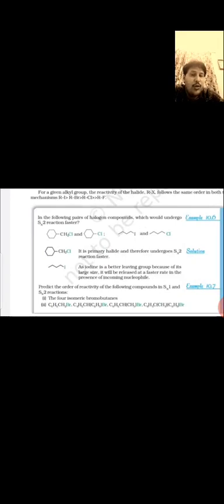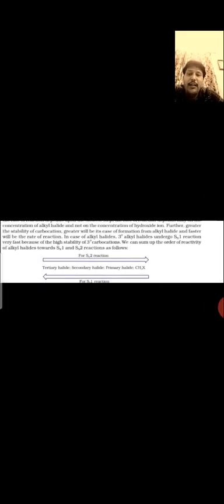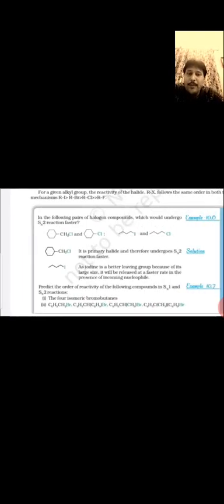Okay students, on the basis of degree, it is totally reversed. That means if we are going to change the degree, the halogen is fixed, but different alkyl groups are going to attach to the central carbon atom. Now the second category is where the carbon atom is fixed, but the halogen is going to change. So in that case, the order is RI greater than RBr, greater than RCl, and greater than RF.